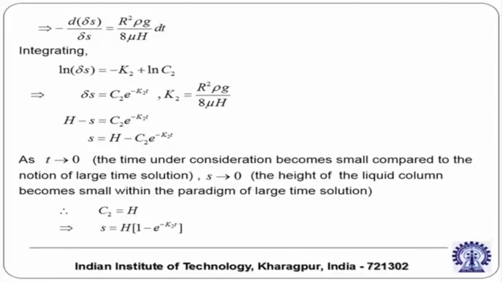So ln delta S is equal to ln C2 minus K2 t, where K2 is the combined term r square rho g by 8 mu H. In shorthand notation that is written as K2. Whatever we mentioned as C1 on the board is mentioned as C2 here. So you can get S as a function of the constant C1 or C2, whatever name you give. As time tends to 0, S tends to 0. Time tending to 0 has to be analyzed very carefully, in the short time limit whatever is time